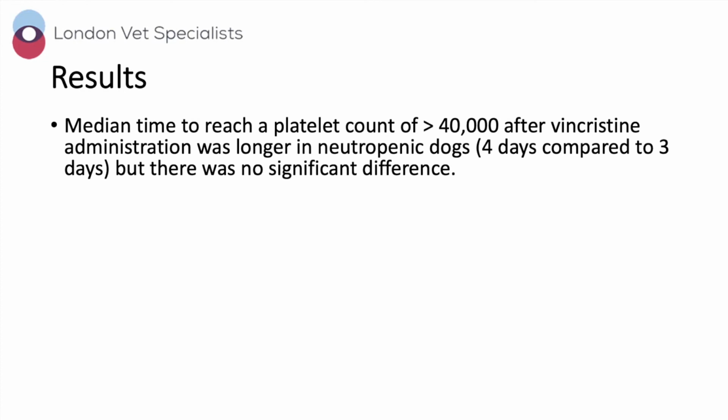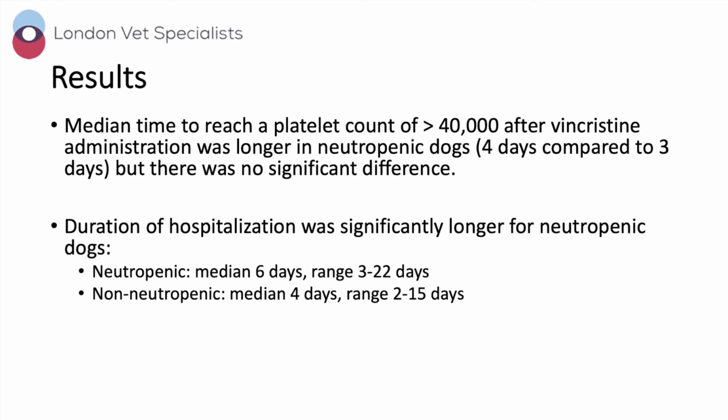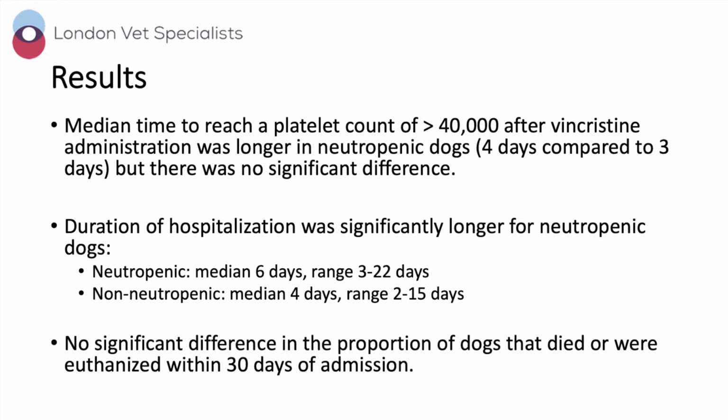The median time to reach a platelet count of over 40,000 per microliter after vincristine administration was longer in the neutropenic dogs, which was 4 days compared to 3 days in the non-neutropenic group, but this wasn't a statistically significant difference. And duration of hospitalization was significantly longer for neutropenic dogs. The neutropenic dogs were hospitalized for a median of 6 days compared to 4 days in non-neutropenic dogs. There is no difference in the proportion of dogs that died or were euthanized within 30 days of vincristine administration,